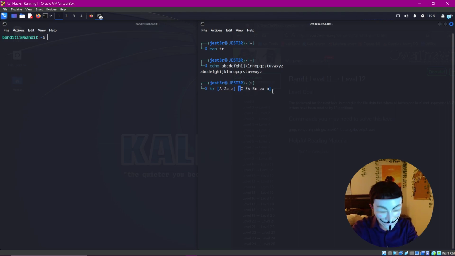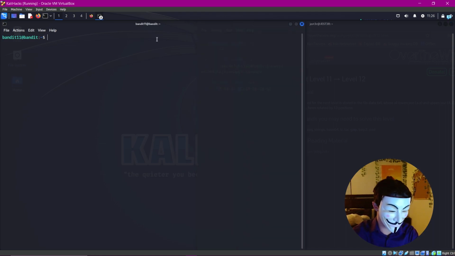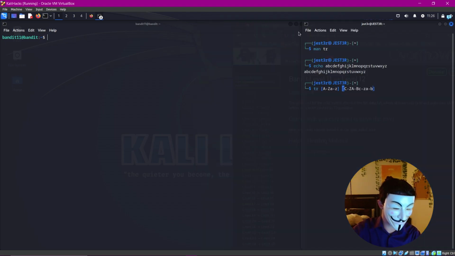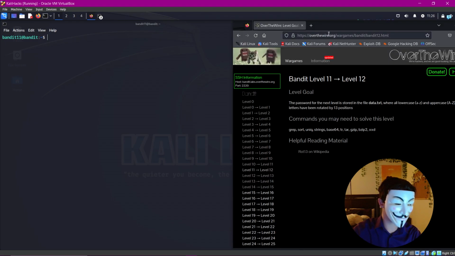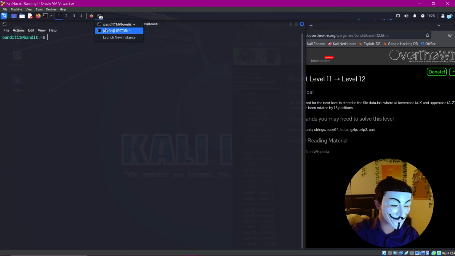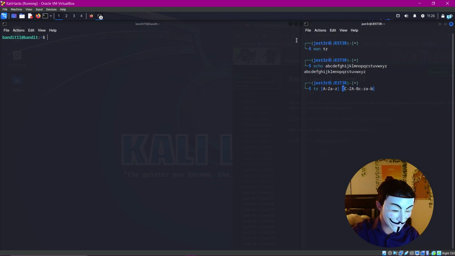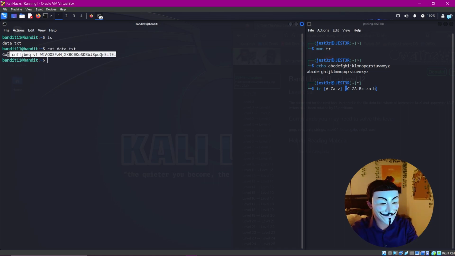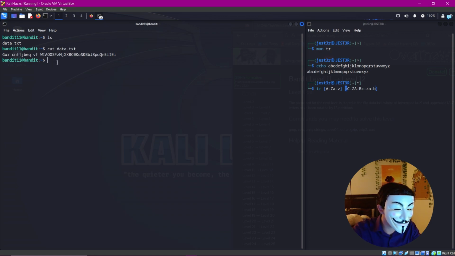So how do we take what we just learned and apply that? Well, why don't we read? I'm going to keep this here so that I have my alphabet, but it says rotate by 13 positions. So why don't we ls? We see we have data.txt. Why don't we cat data.txt? As you can see, obviously this is a bunch of nonsense. So what we'll do is we will cat